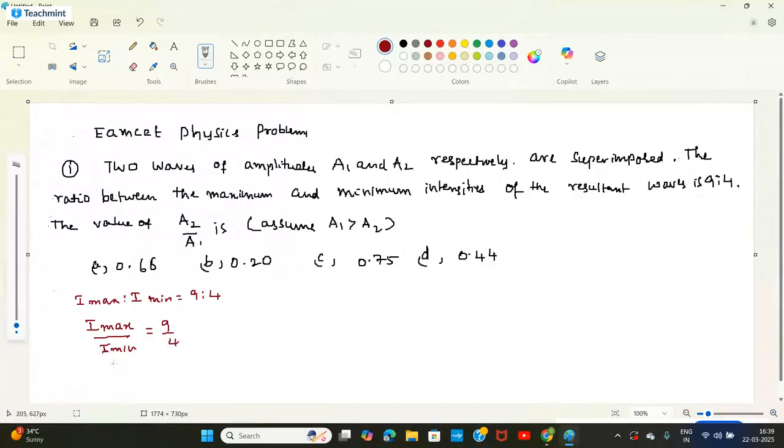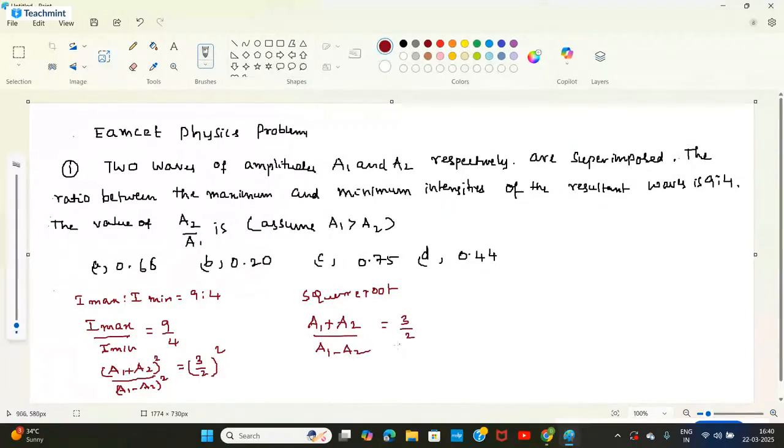That is (A1 plus A2) whole square by (A1 minus A2) whole square is equal to (3 by 2) whole square, and taking square root on both sides, that is (A1 plus A2) by (A1 minus A2) is equal to 3 by 2, and cross multiplying,